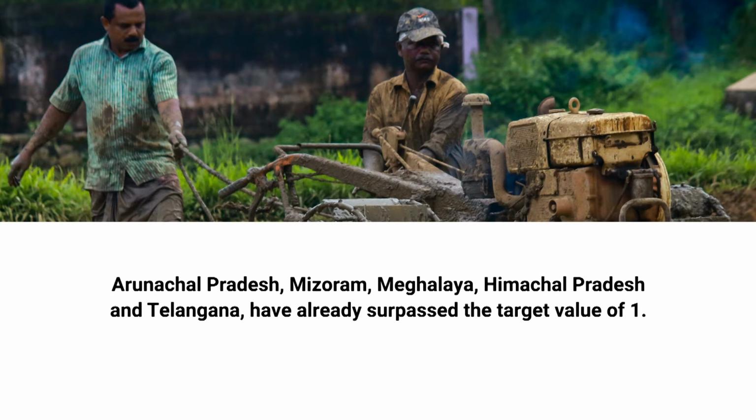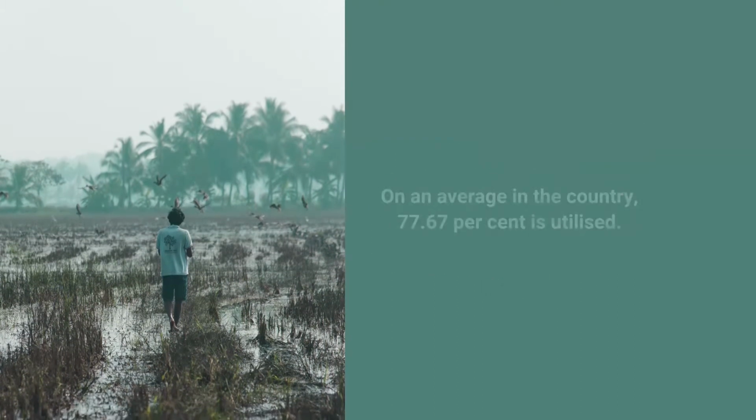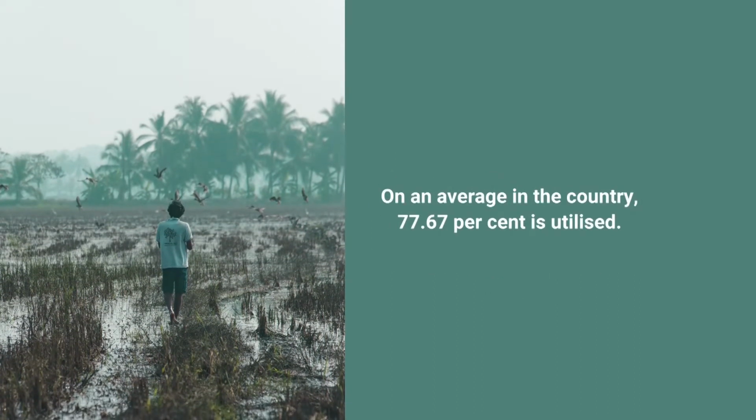So these are big achievements. If we look into the progress of scheduled caste sub-plan fund utilization, 3 states and 2 union territories, namely Kerala, Manipur, West Bengal, Chandigarh, and Daman and Diu, utilize 100% of their scheduled caste sub-plan fund. So on an average in the country,